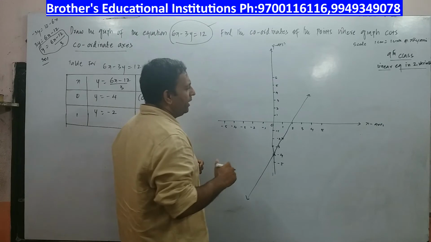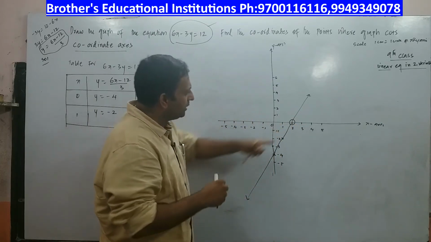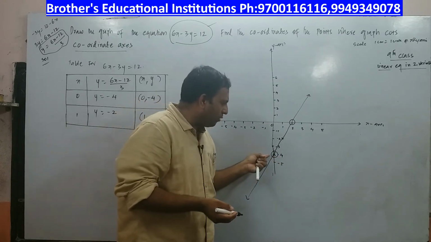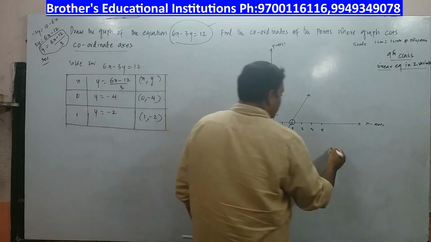So you can see, children, very clearly, right? I don't know how far this is accurate because I am drawing roughly. You can see here and here, since this is marked, that's not a problem. Here the graph is cutting y-axis at this point and the graph is cutting x-axis at that point. I need to name that point. I'll say clearly,